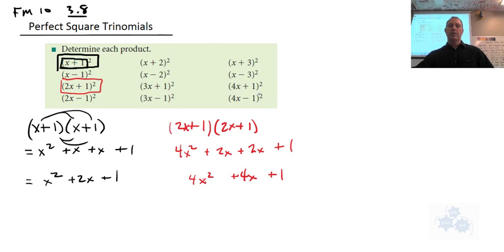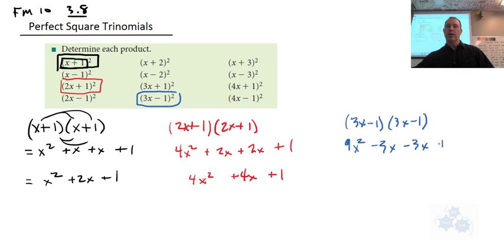All right, let's do another one here. Let's do this one right here. Okay, so in blue we have 3x minus 1 times 3x minus 1. Do our FOIL method again, or distribution, we get 9x squared minus 3x minus 3x plus 1, which simplifies to this. Okay, so obviously we could do more of these, but I'm going to take just a look at these 3,